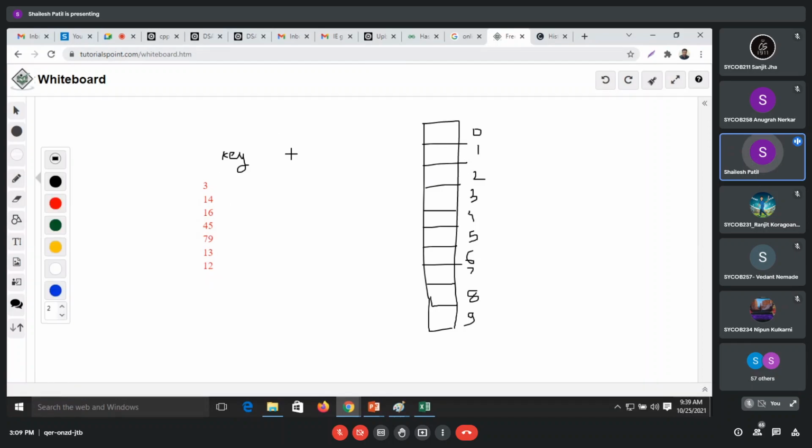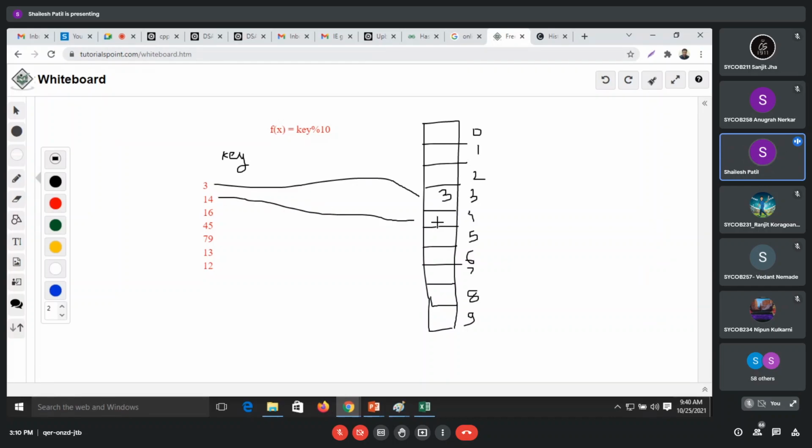Now with our approach, the method which we have taken, f of x is equal to key mod 10, because our array size is 10. With this approach, 3 will be stored at the third location. 14 will be stored at the fourth location.